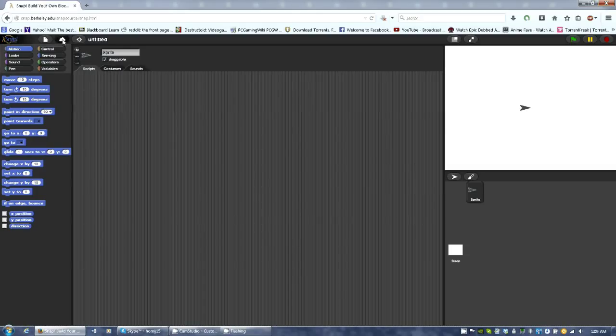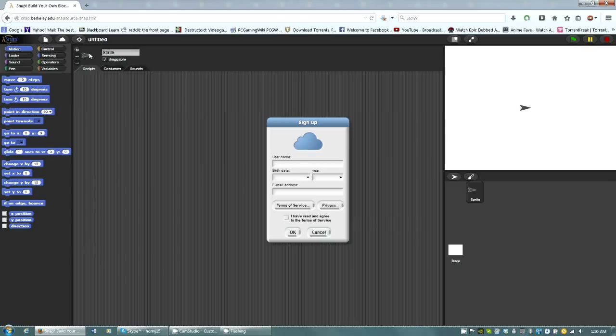Alright, so actually let's go to this little cloud button here real quick. It's the button next to the paper. If we click on that, we see login, sign up, and reset password. To log in, we first have to sign up. So let's click on this first. If you click sign up,